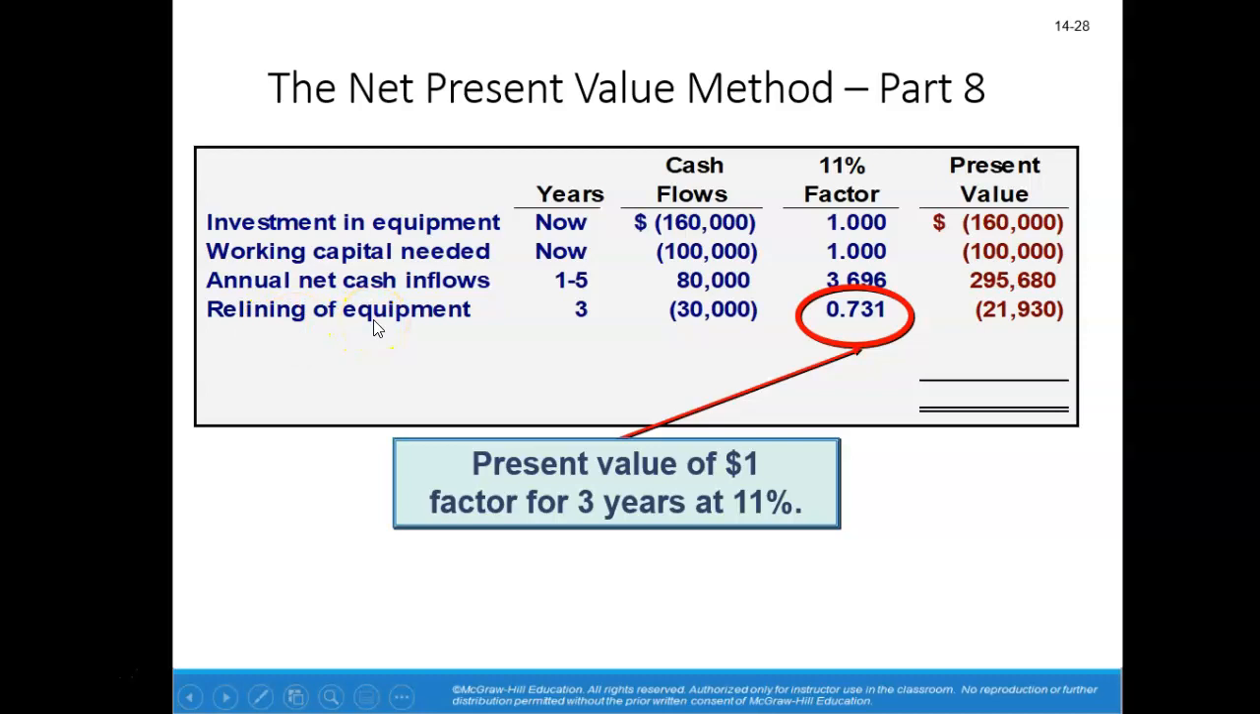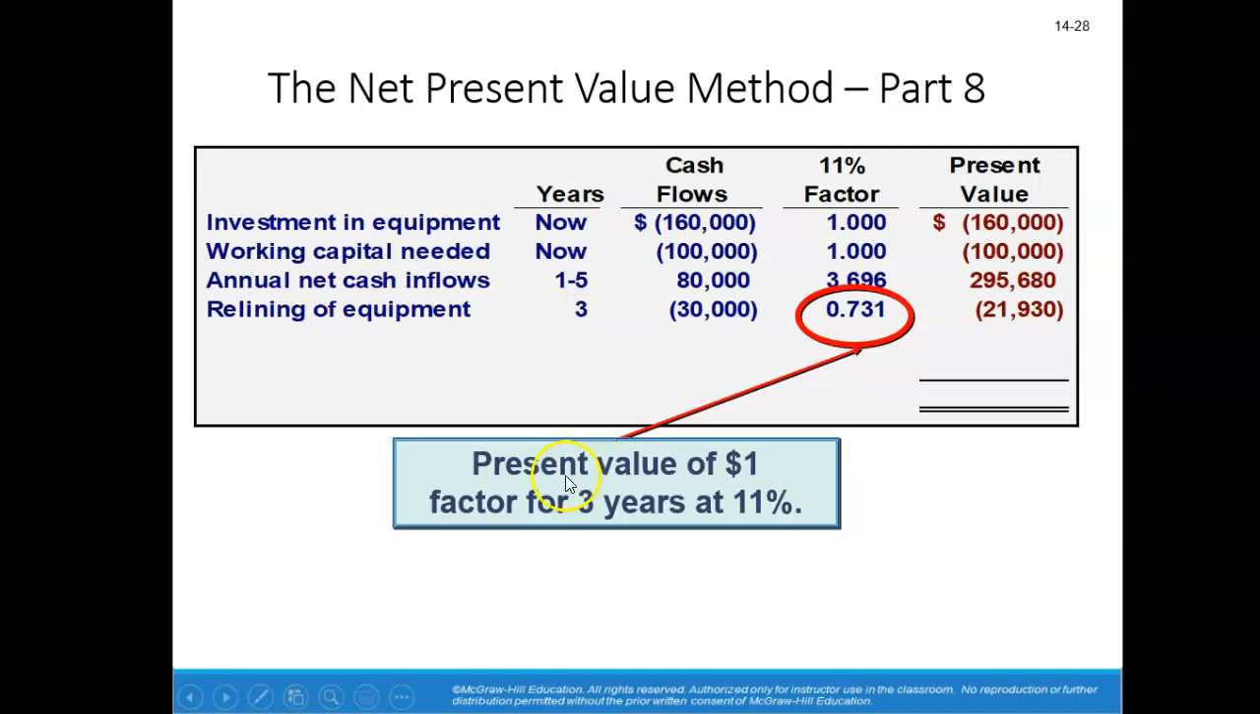In 3 years, we have to spend $30,000 to reline our equipment. That's 3 years from now. We're saying what is the present value of that outflow that would take place in 3 years? You have a separate table that gives you the present value of $1, which means the present value of a single sum. See, the $80,000, that was an annuity, an amount received every year for 5 years. But the $30,000, that is a one-time cash outflow to reline the equipment, and that would take place 3 years